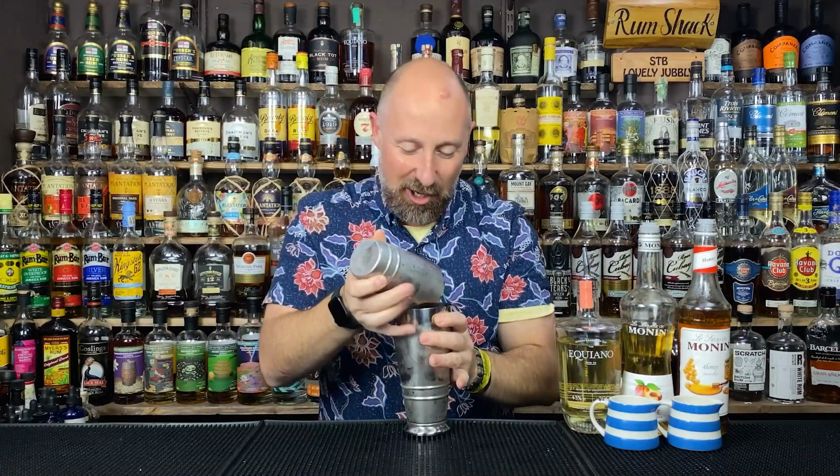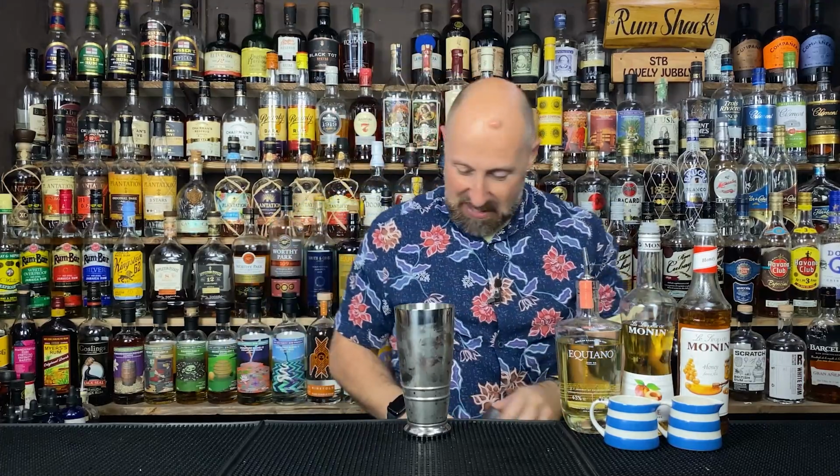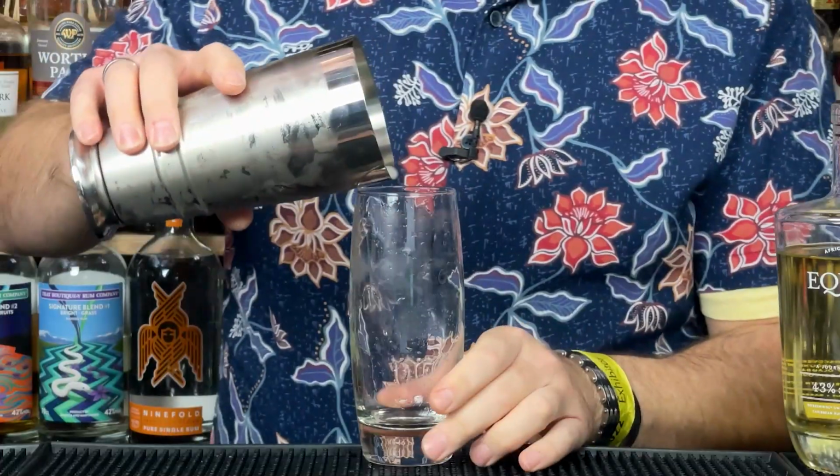Right, nice and cold. We have got it green. We've got lots of little green bits of mint in there, so we're good. I'm going to do a shake and dump, because there's no point in straining it. I've just taken notes of his recipe, I didn't even look at his method. He might have even strained this. I'm not sure, but